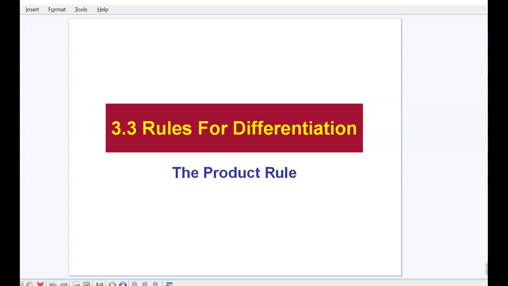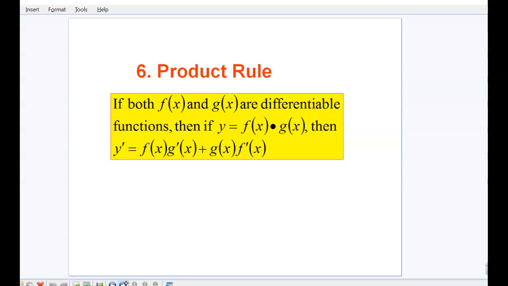As we continue with section 3.3, we're going to look at the product rule. Now, the product rule is used to find the derivative of two functions that are being multiplied together. And the rule is quite simple. If both functions f and g are differentiable, and y is the product of functions f and g, then the